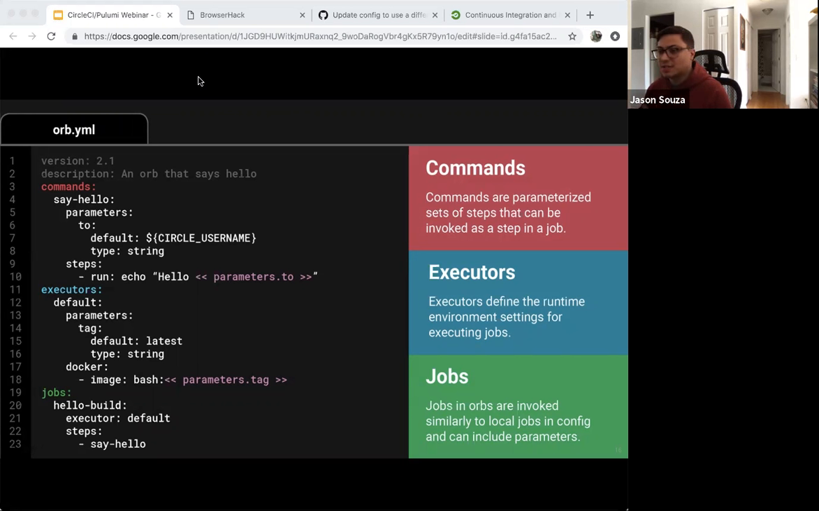Executors basically just lets the Orb know which environment to run in, and the jobs portion is similar to the CircleCI jobs that you're familiar with. And here, then you can call for the name of the particular job, hello build, and set the executor, in this case, to default, which we have set up above, and to run the step hello, say hello. So this is just a quick overview on how Orbs are structured,